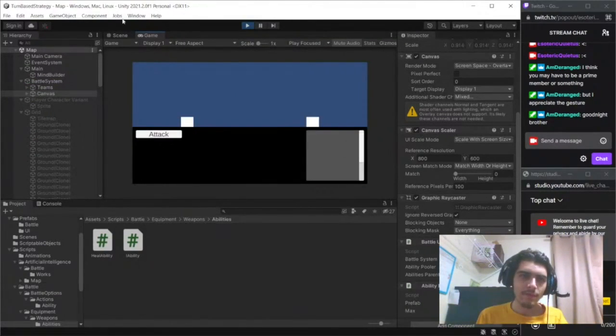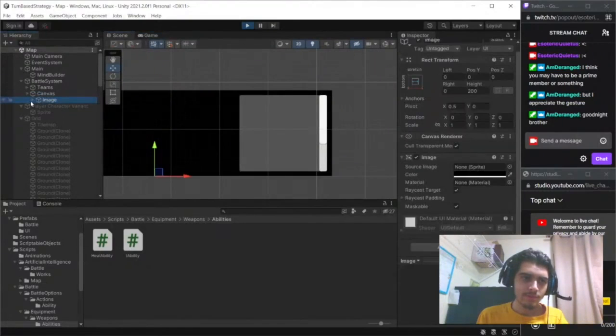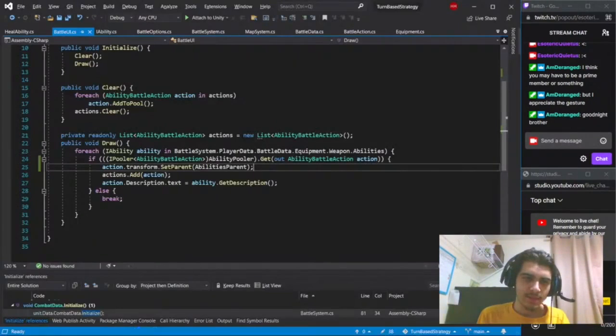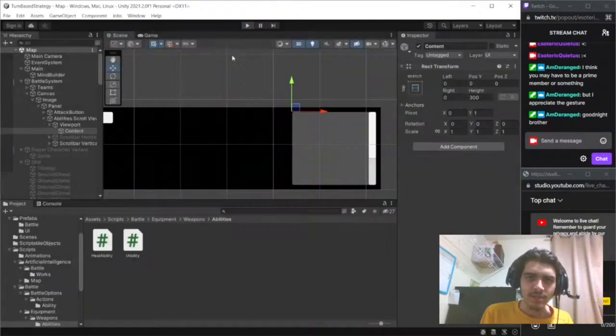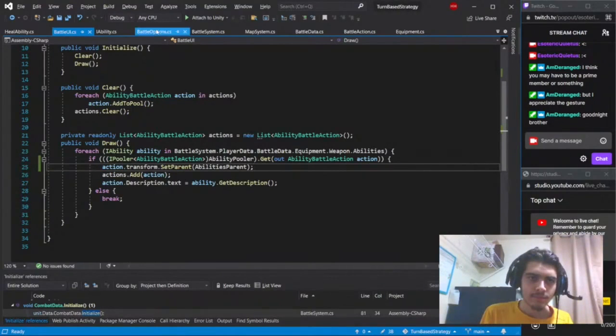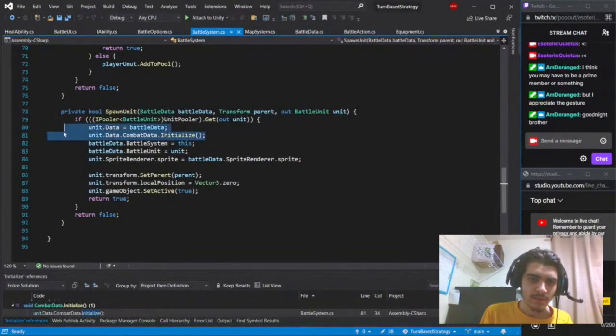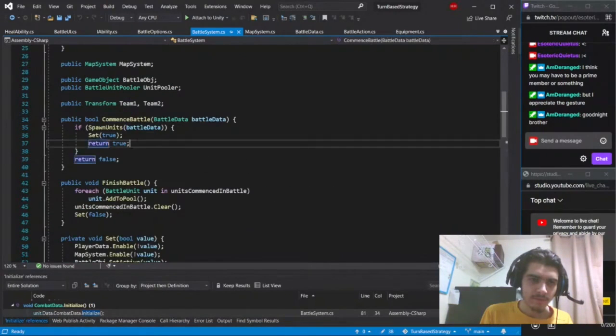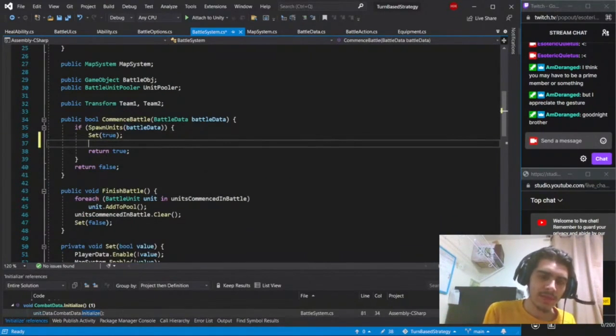So we have this list, however. Ability scroll view. Do we have anything? We do not have anything in the content. I'm guessing it's not detected. Oh, because we're not actually initializing it. Go to battle system. We're initializing it here. Commence battle. We have to say